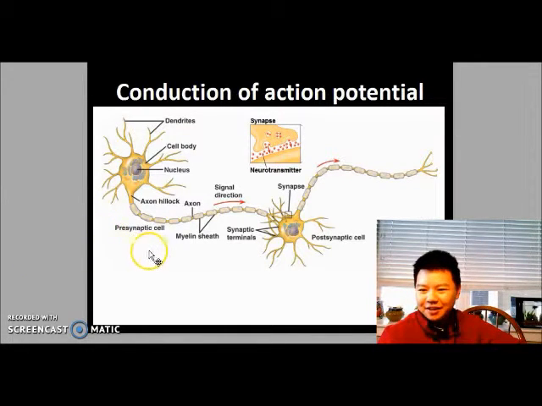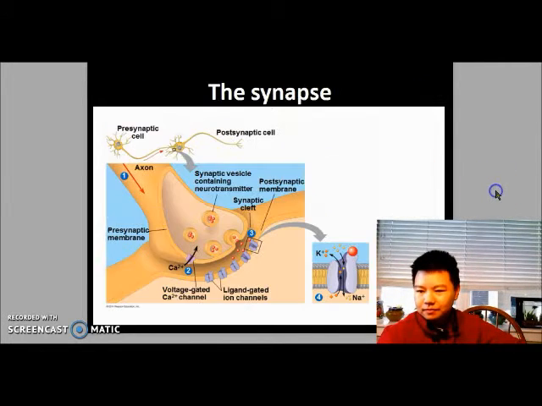If we look at the conduction of an action potential, its goal is to get that electrical signal all the way down to the synapse, the junction between the two neurons. And at the synapse, the signal changes from an electrical signal to a chemical signal. So we have the action potential